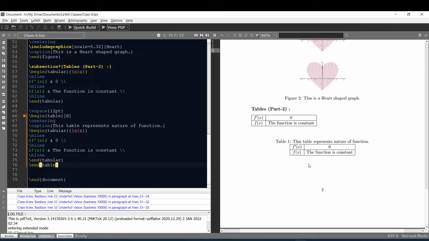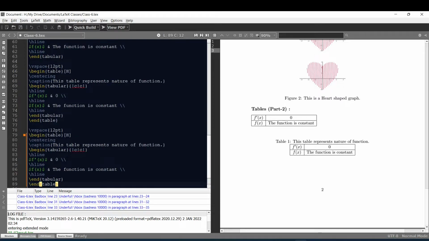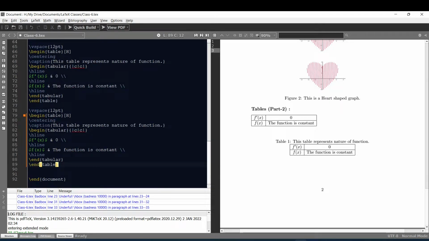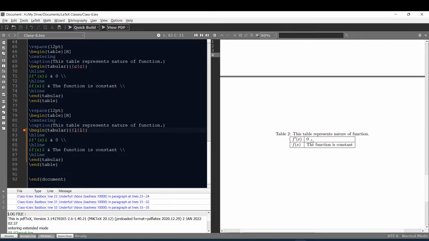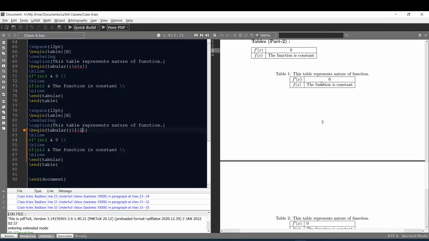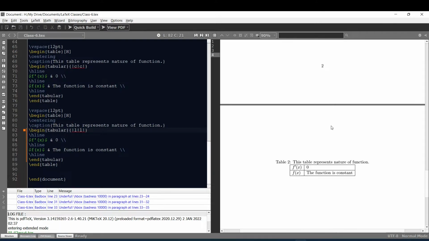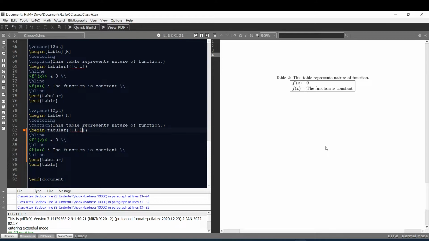Next, let me show briefly how to write tables with left justified columns. It's a fairly simple process. First, again let me copy and paste the above table. Since my objective is to construct left justified columns, I'll just change the C's to L's, that is, I have to change my C's to L here and here. Now if I run, you can see that all these entries are left justified, whereas in the above table all these entries were center justified. Similarly, you can experiment with left, right or center justified columns according to your needs.